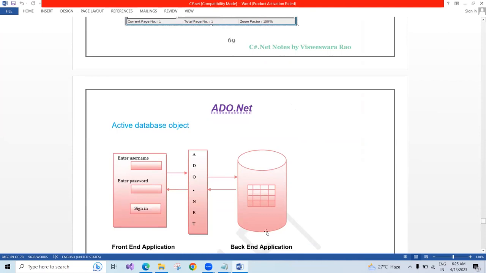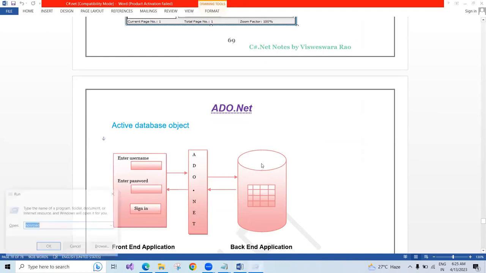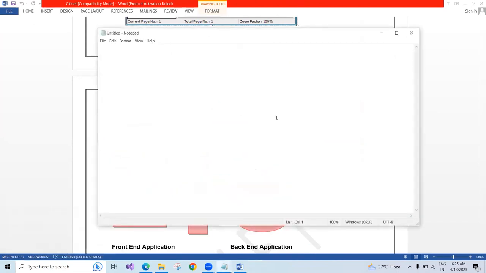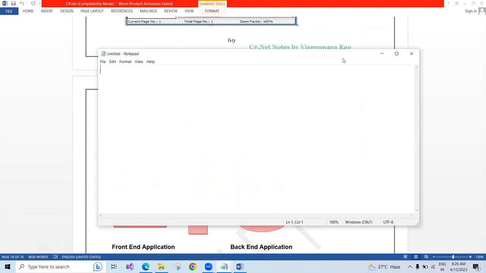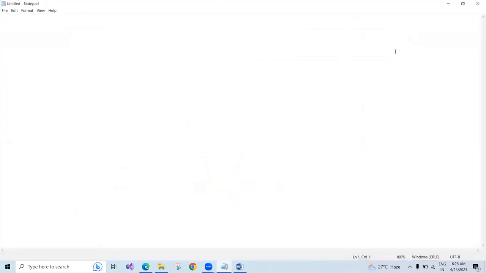Okay. Now see ADO.NET. If we are working with ADO.NET, we have two important things. One is front end, one is back end. What is front end, what is back end? We'll see that. So people, see here, for example, nowadays this Facebook. So how is this Facebook? Even the person who,